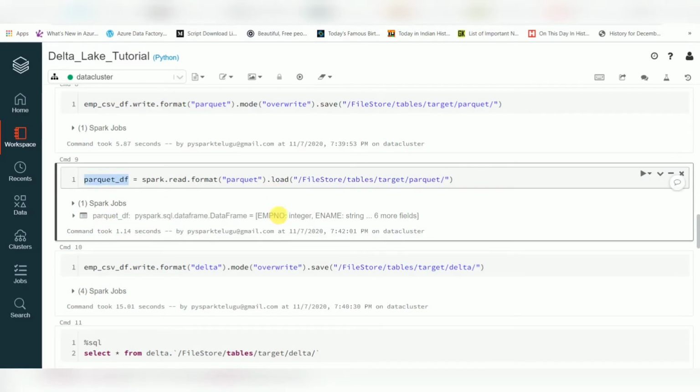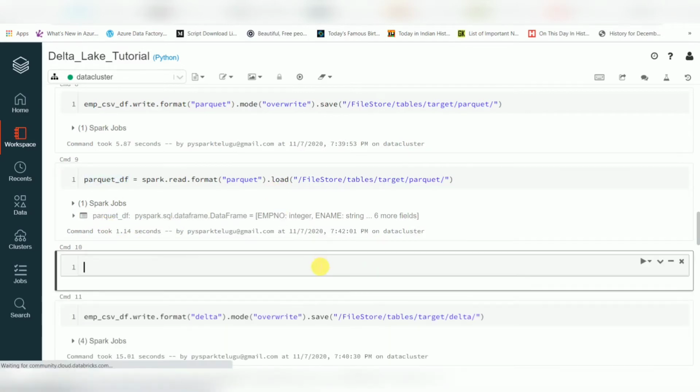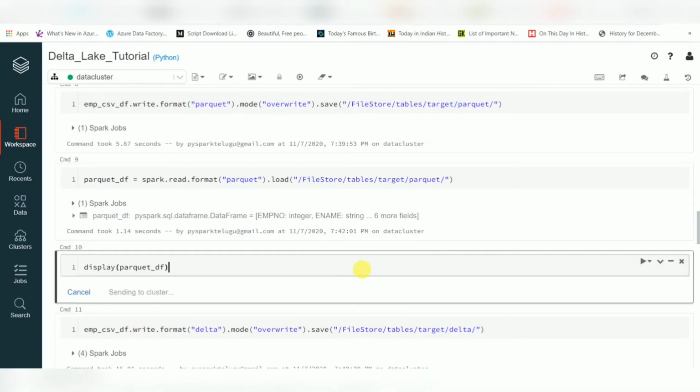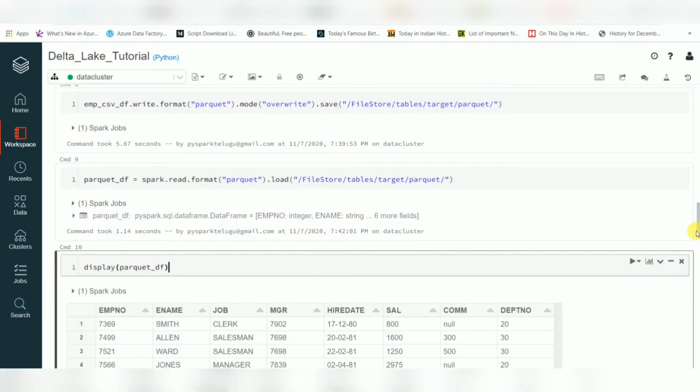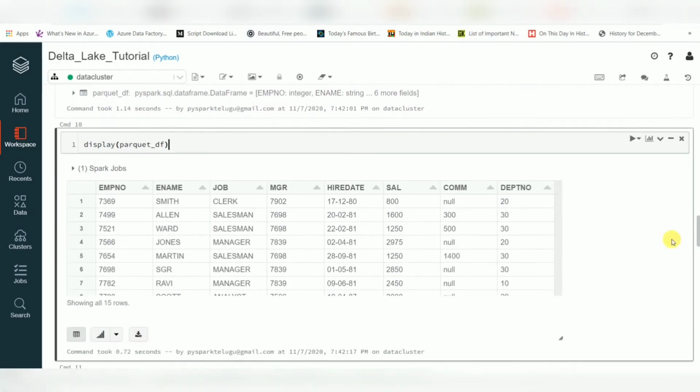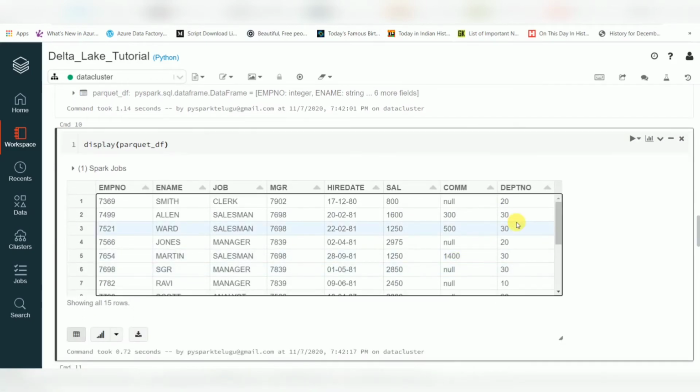Then verify this data also. Here also you can see the same fields are available between the records.